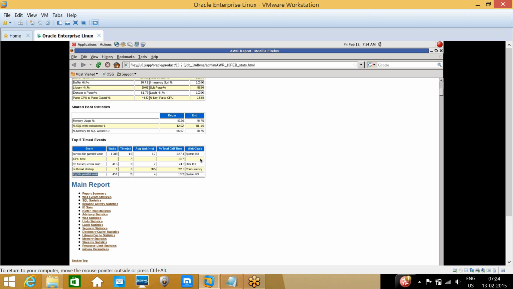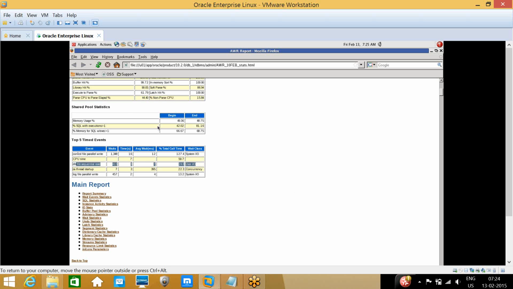These are all system input output parameters. The user input output is DB file sequential read, where I picked up some data from the database file, which takes physical reads.